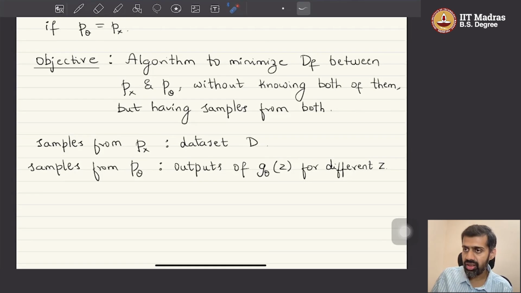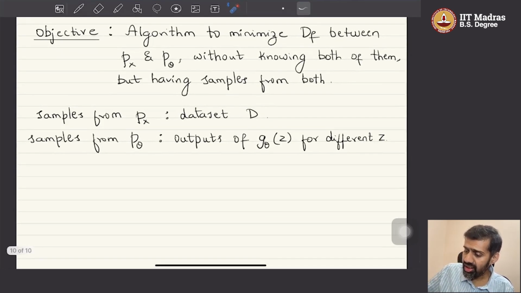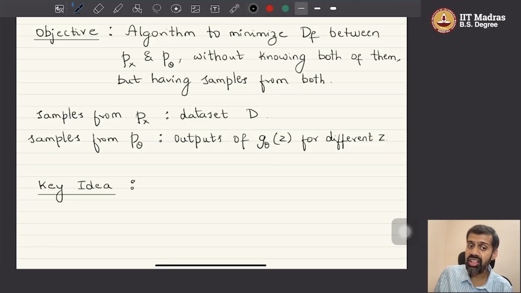Okay, that is the question that we will be asking, right? Now the key idea is the following. See, this is a recurrent idea that comes up with all the generative models that we are going to look at in this course. I mean, this idea is actually a very old statistical idea that comes up recurrently with all machine learning algorithms. Is that